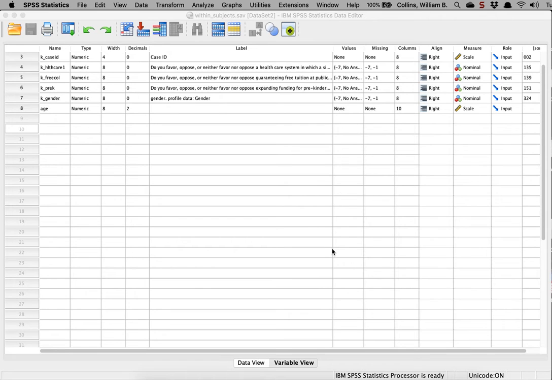Hi class, today's lesson I'm going to talk about repeated measures or within subjects designs. And the simplest possible repeated measures or within subjects design is a one-way repeated measures or within subjects design. Think of this analysis like a paired t-test analysis that you might have done in an introductory statistics course, where the values you're comparing are both from the